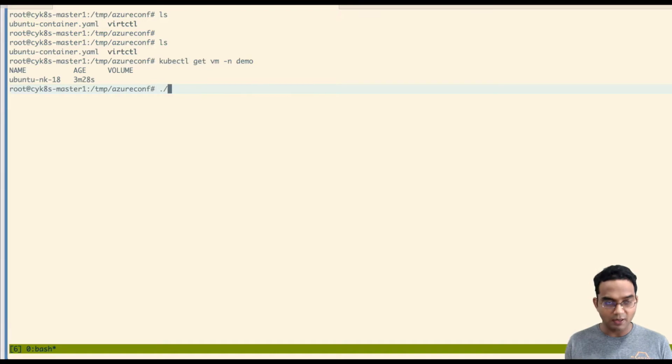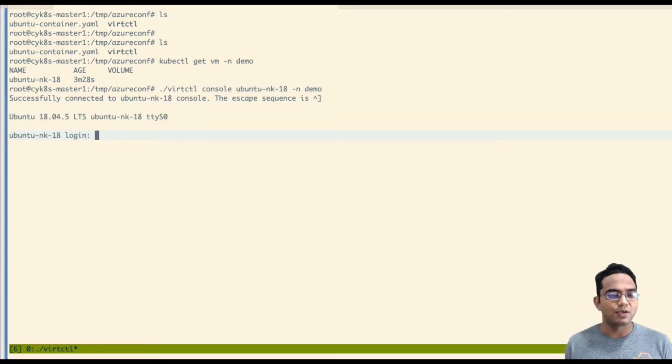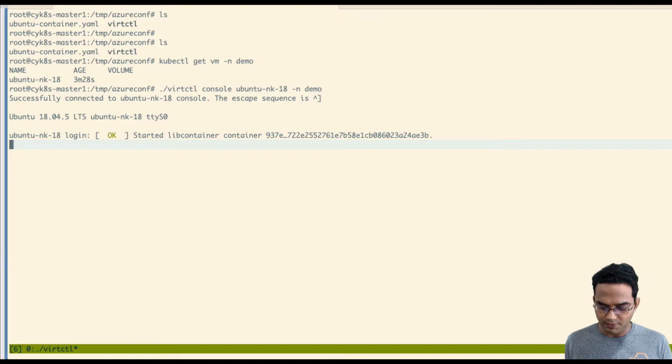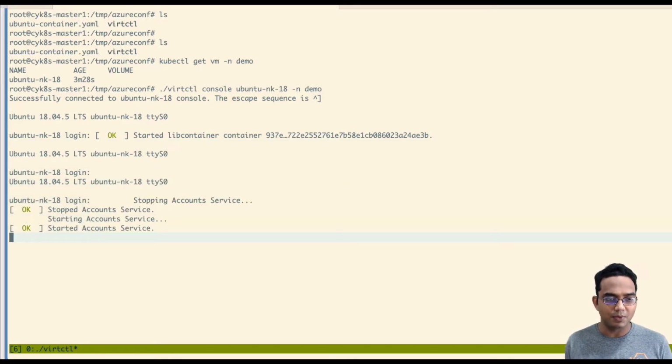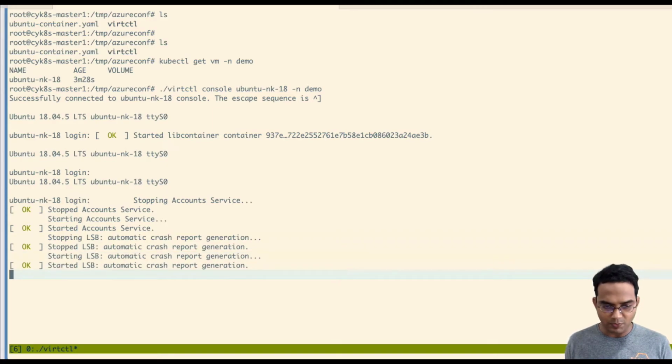Okay, I will try now in the wordctl CLI console, and then I would give my VM instance name here and the namespace. So as you can see, I am now connected to the VM instance there. It is creating some of the stuff which I have done in the post setup there. So let it happen. Let's wait for a few seconds maybe.